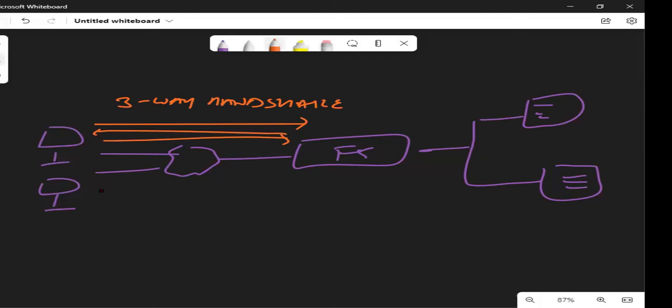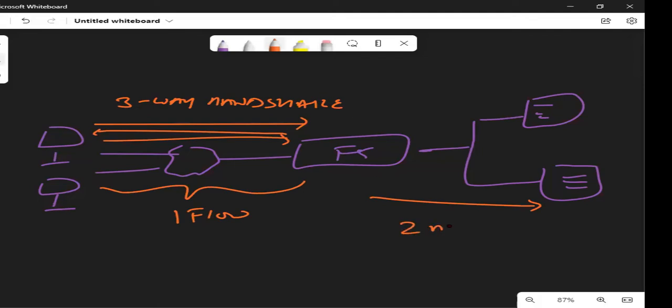The first flow is between your client and F5. Then from F5, whenever a request is coming, it is the duty of my F5 to hand over this request to the end server because it is acting as a proxy over here. Now, in the second flow, F5 will initiate the flow and the destination would be my server. It means again a three-way handshake with the server.